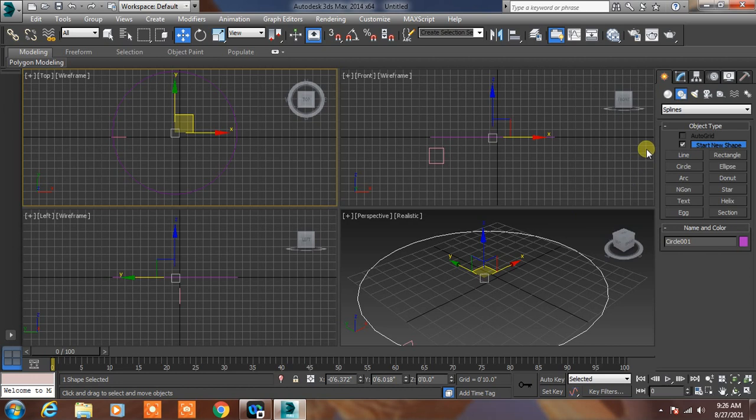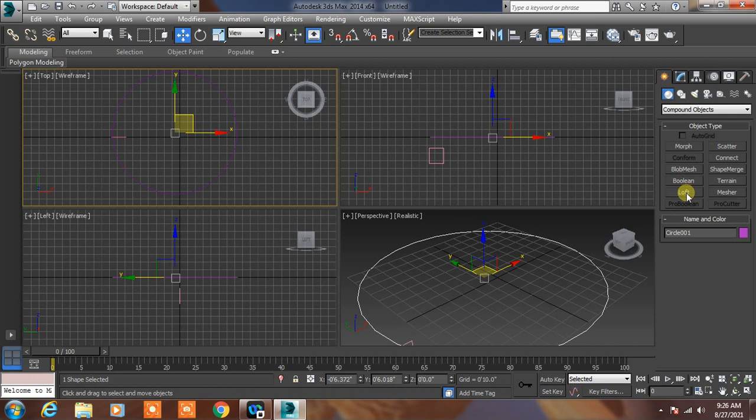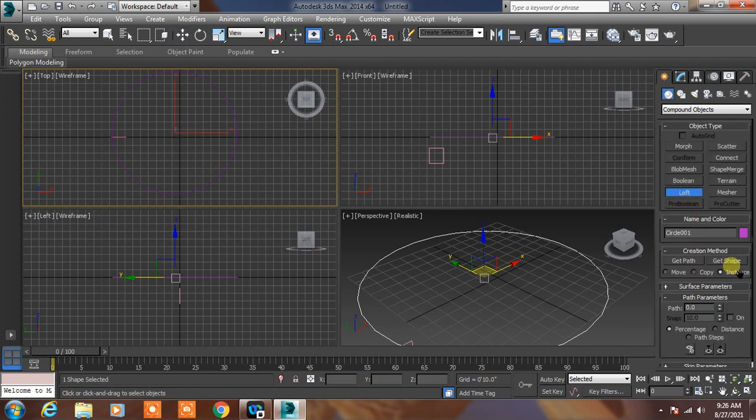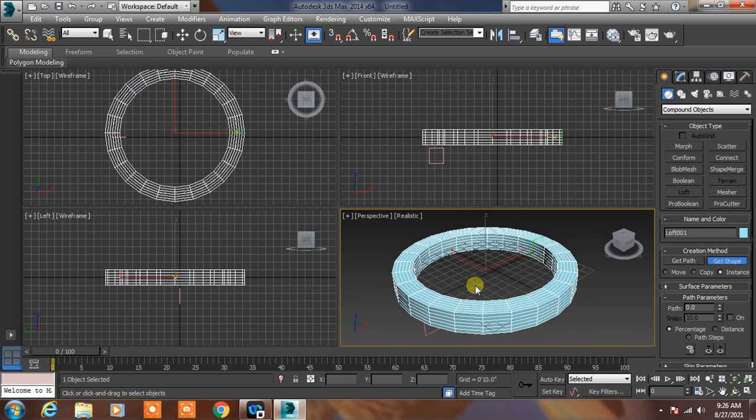Then you go to geometry, select compound objects, and we select loft and select get shape. So just click on the shape. So automatically the circle will be showing as a rectangular cylindrical shape.